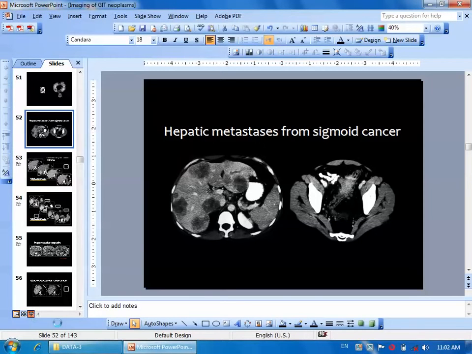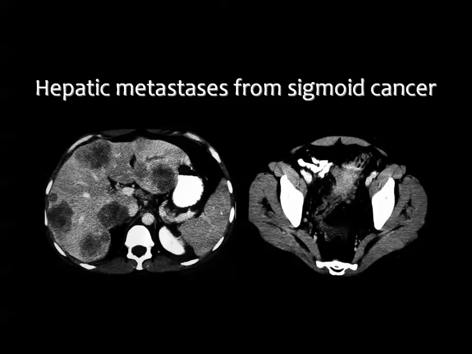Finally, I came to the role of CT, and whether there is a role for MRI in identifying the tumor spread. CT is very good for identifying metastasis in the liver, and also ultrasound, but there are some limitations which give the chance for MRI to be here. You can see here, this is a sigmoid cancer, and the same case showed multiple focal hepatic lesions